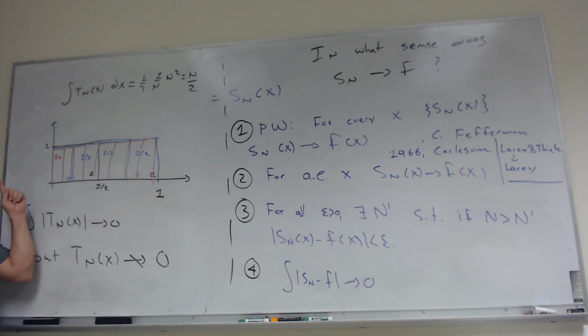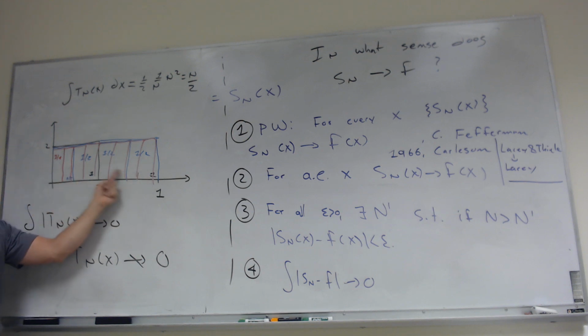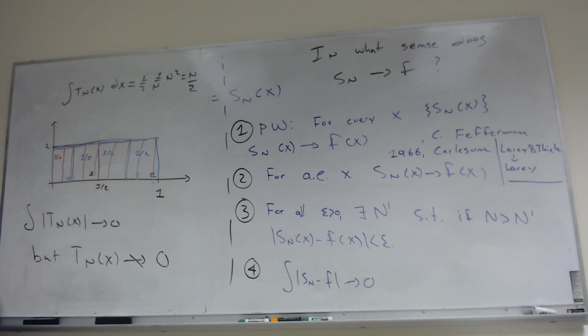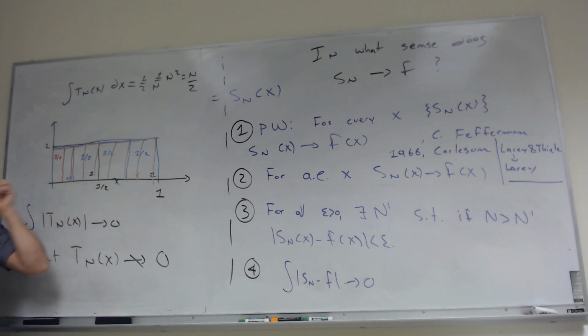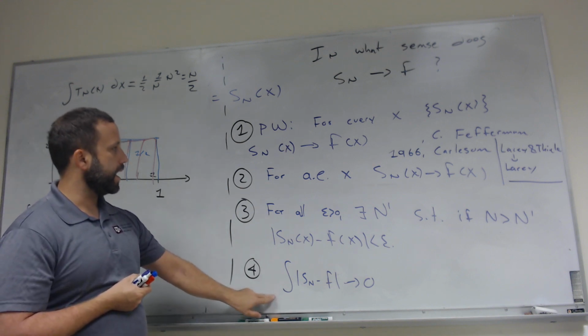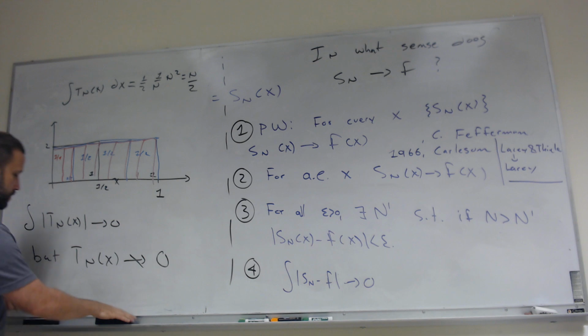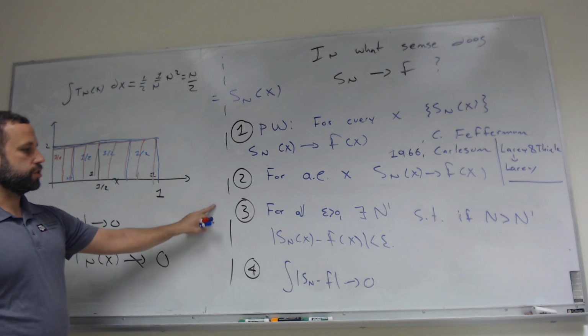And so what happens is that the graphs are just going to be these rectangles that are getting skinnier and skinnier, moving from one side to the other. And the area of the rectangles goes to 0. So it means this integral goes to 0 because the area of the rectangles is going to 0. Yet, for any value of x, there are going to be infinitely many of these rectangles that pass by it. And each time a rectangle passes by, the value of the function there is going to be equal to 2. So here's an example of a sequence that converges in terms of the integral, but does not converge pointwise. Okay, what about a sequence of functions that converges uniformly?